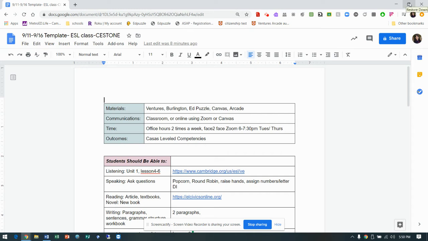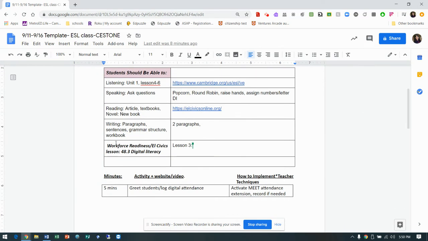So if you're someone who every single day you have a different lesson plan, or you're just progressing on the same topic from week to week. So if we're talking about co-ops and vocabulary, then maybe that part of our lesson plan won't really change from week to week. That digital portion will be the same for lesson 3, right?